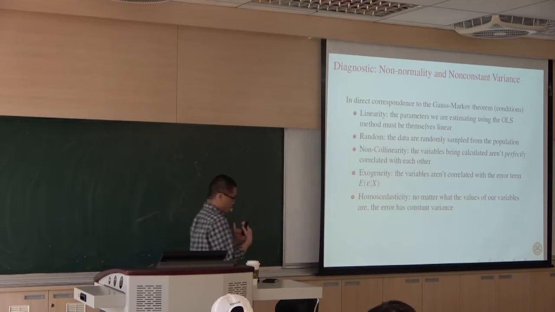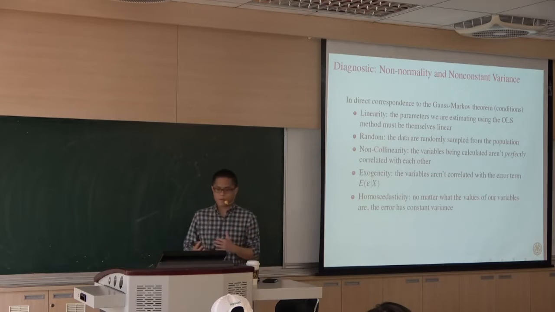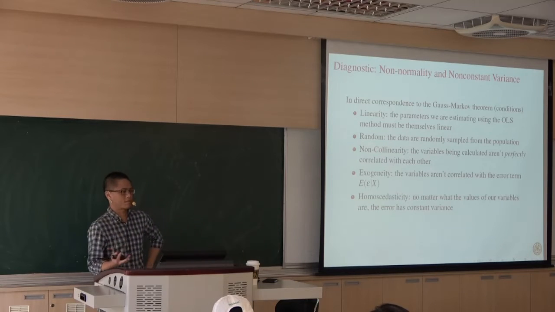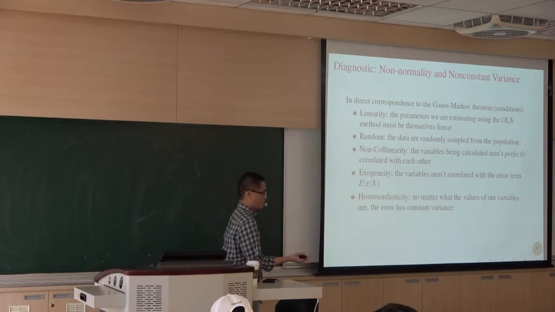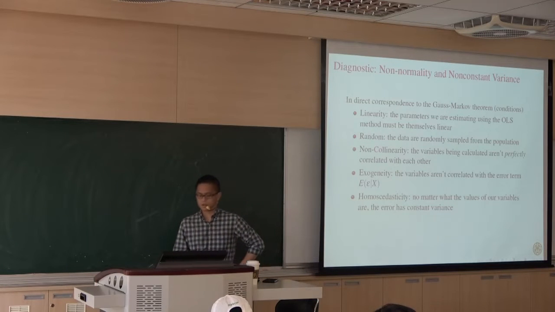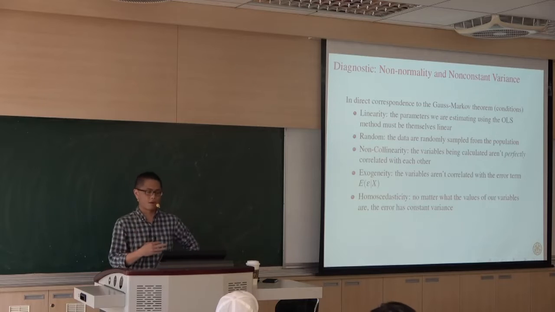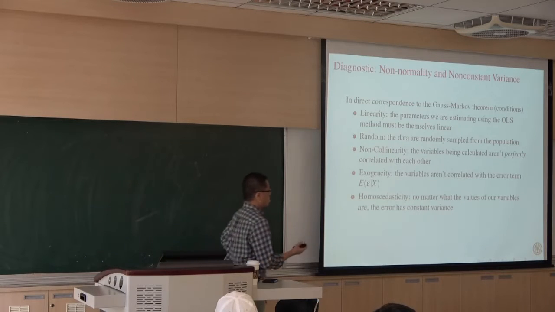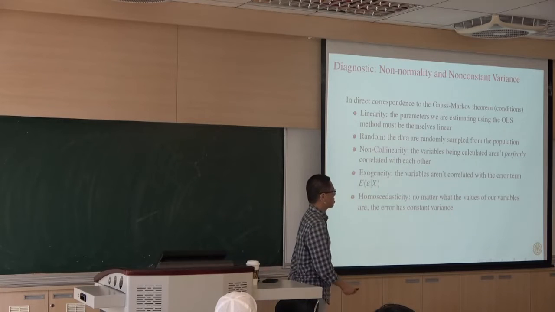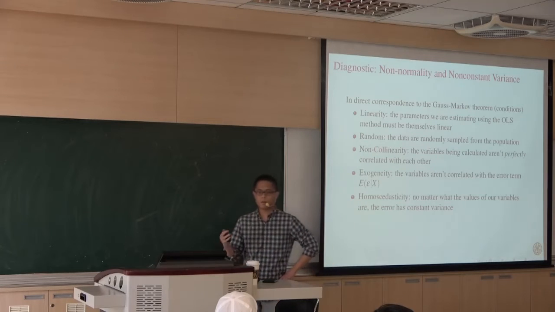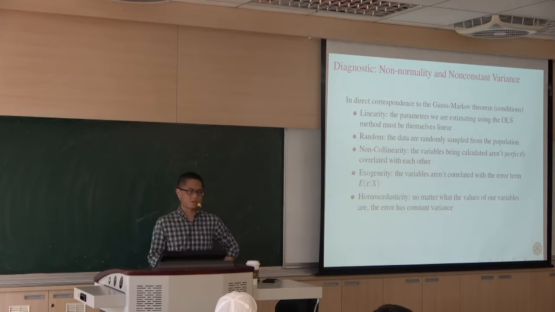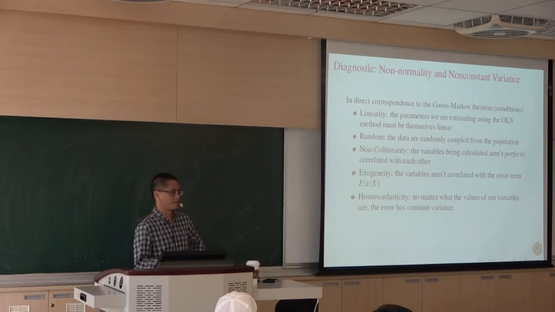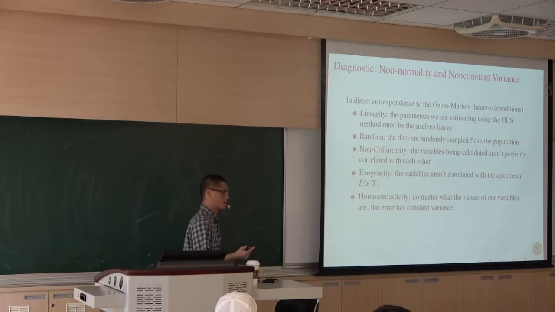And of course, it has a direct correspondence to the Gauss-Markov theory. Again, the first one, linearity, right? The effect of the variable, in terms of its coefficient, is linear. The y dependent variable is linear. And for the data generating process, think about randomness. The data should be randomly sampled from the population so that it's not biased or tilted towards a certain segment